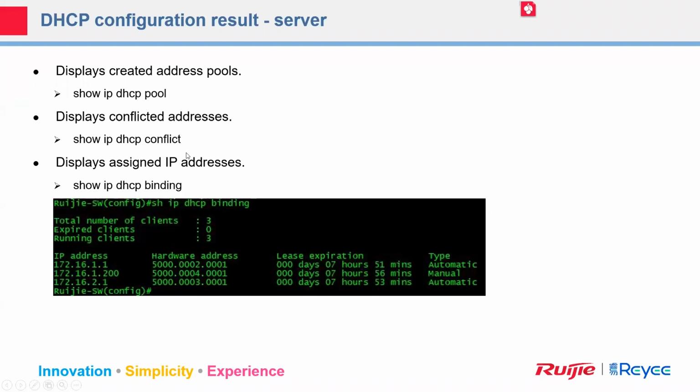And in some scenarios, we will find the conflict address. That means different terminals, maybe we will use the same address. So what's the scenario? Maybe in your network, one terminal uses a static IP address, and then the DHCP server doesn't know this information, and I will assign the IP address to another computer, and this IP address may be the same. So this one we call a conflict IP address. And of course, in the network, if different terminals use the same IP address, they cannot work. So this is a command we can use on the server.